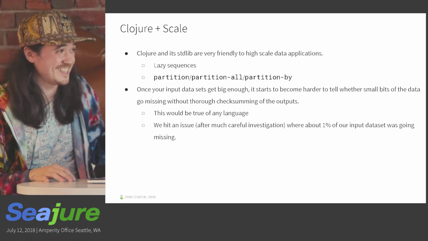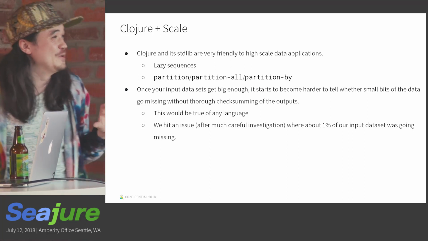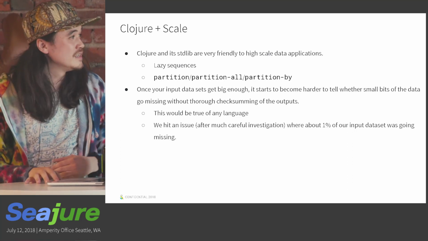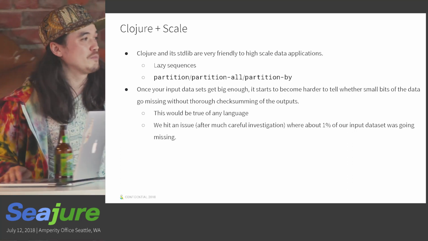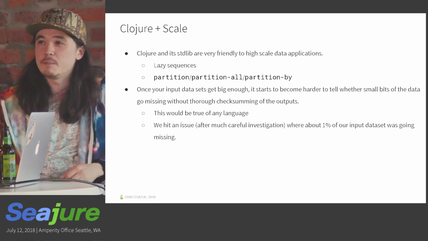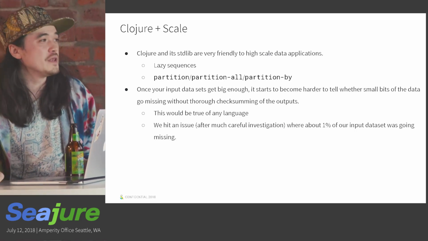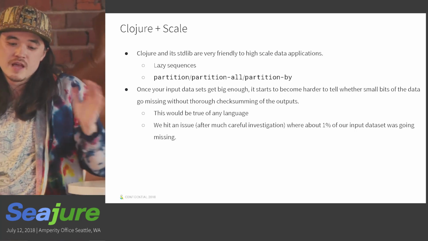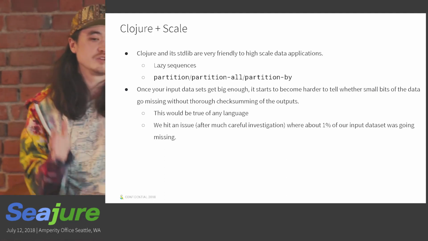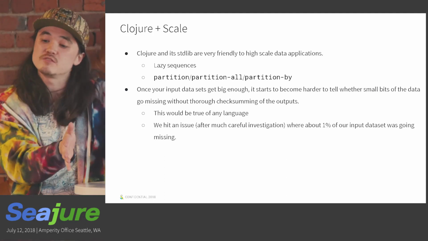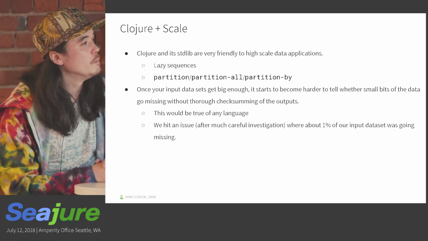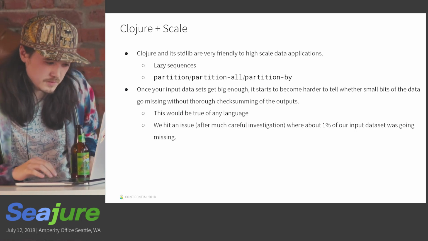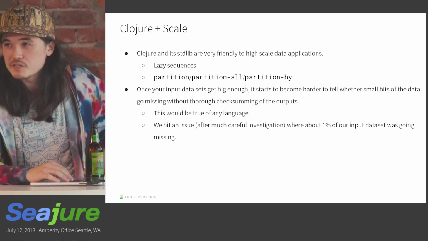In this case, it was all the way at the first thing we do. So it took a little bit of time to say, nope, that code's fine, that code's fine, that code's fine, until we got to something so shocking that we could be dropping 1% of our data on the floor every single time and not really noticing it. This was conflated with some other issues that made it harder to notice in practice, because of how things would be cached and differences between running from a blank state versus after a job has run before. But it was weeks and weeks to a 4-character change. And this is not Clojure's fault. This could happen in any programming language.